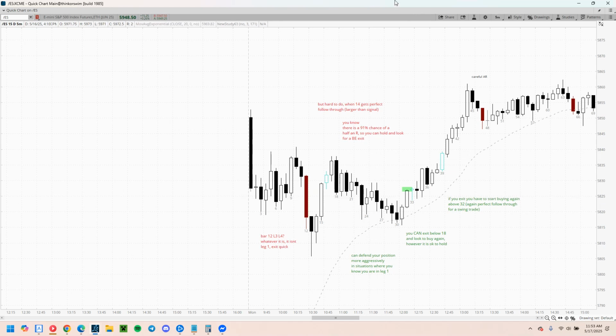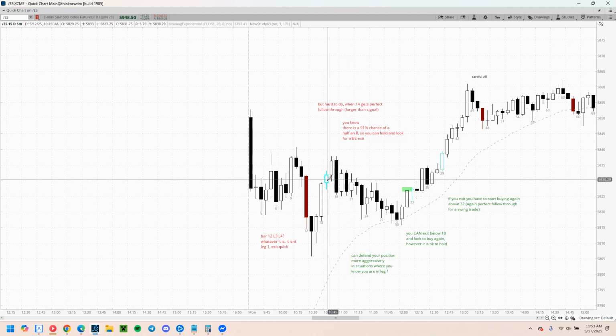Is it leg 1? No. Okay. Is it leg 2? No. Okay, then it doesn't matter. I don't care if it's leg 3 or 37. It's not leg 1 and it's not leg 2, then it's a late leg. That's all that matters. And if you can look at something and say, yes, this is leg 1, well, then